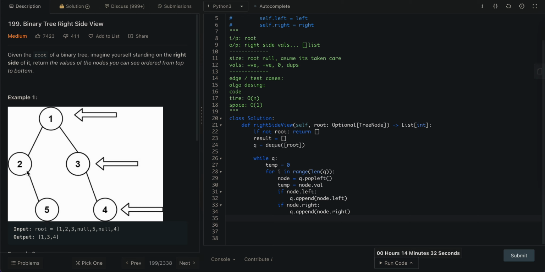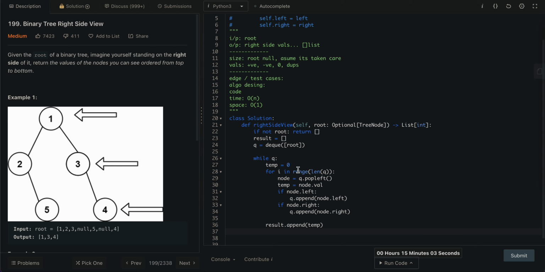Okay, then you pop the second time, you added this and this. Let's assume there are elements. Once that is done, you have popped this element, and the last element in that level will be in the temp. So we are only saving the value of that. So once this previous level is done, we can add to the result the value of temp,